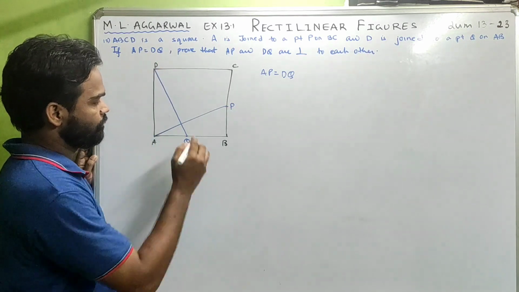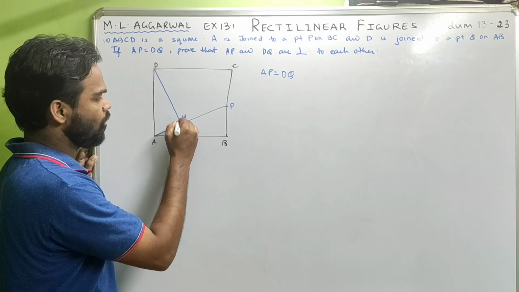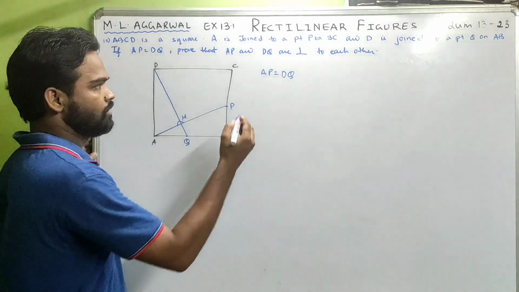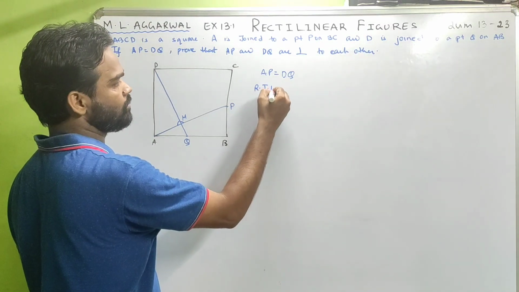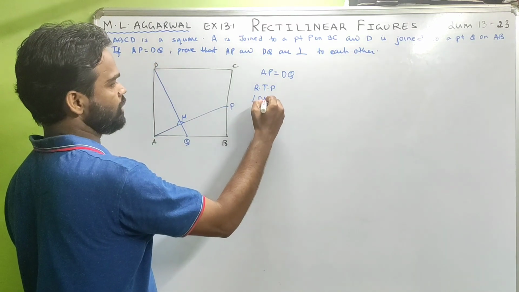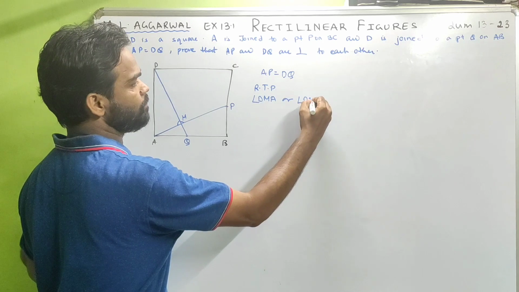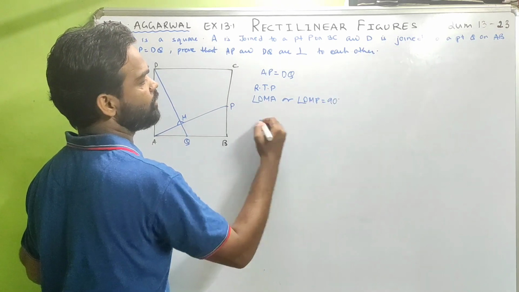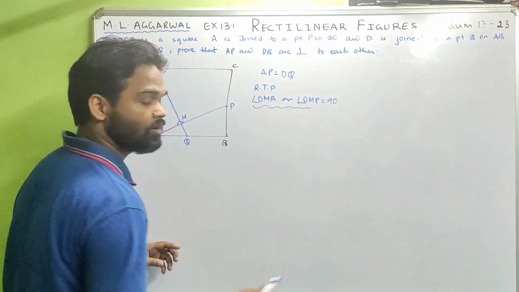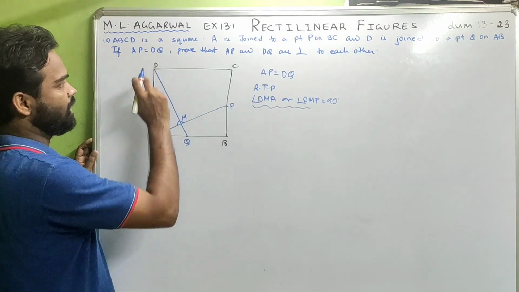which means simply if you can prove that this angle or this angle is 90 degrees, our work is done. So required to prove is what? Angle DMA or angle DMP is 90 degrees. If you can prove this, your work is done. Now look carefully. I'll do this. First of all, look at triangle ADQ